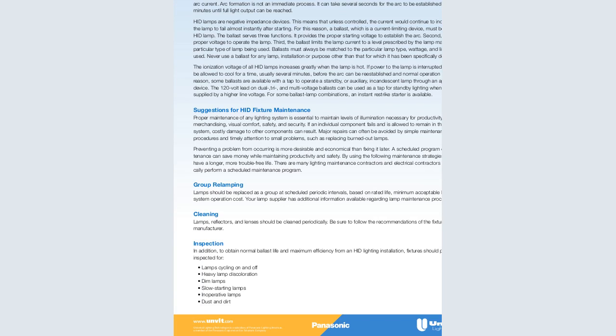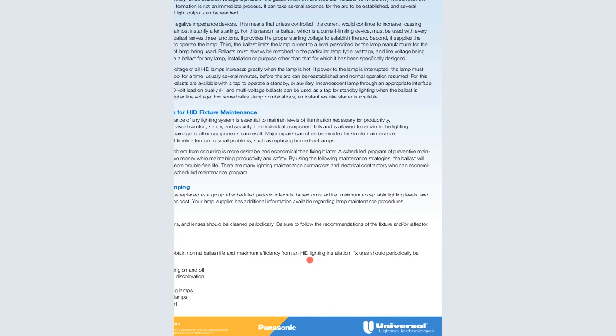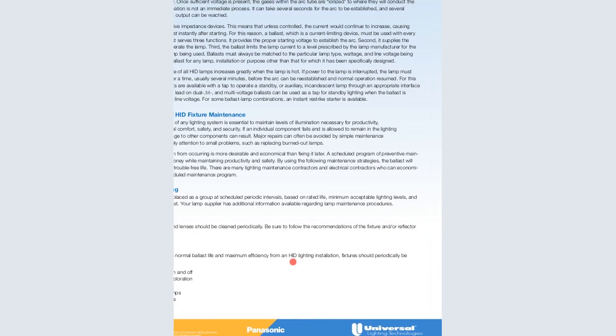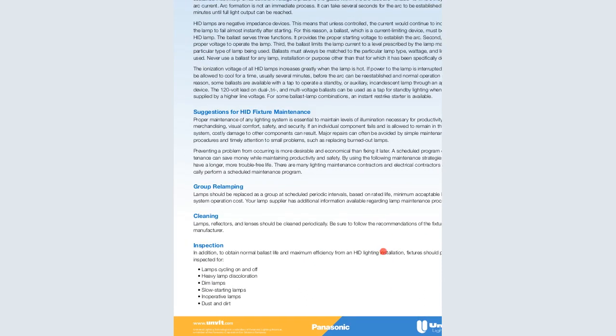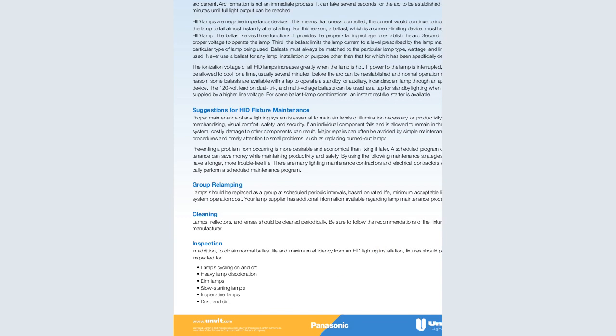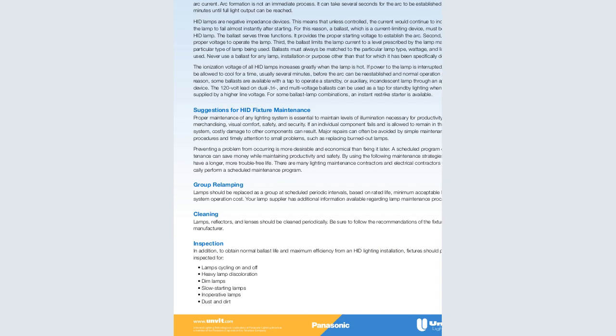Be sure to follow the recommendations of the fixture and/or the reflector manufacturer. An inspection. What happens in the inspection? In addition, to obtain normal ballast life and the maximum efficacy for the high intensity discharge lamp lighting installation,